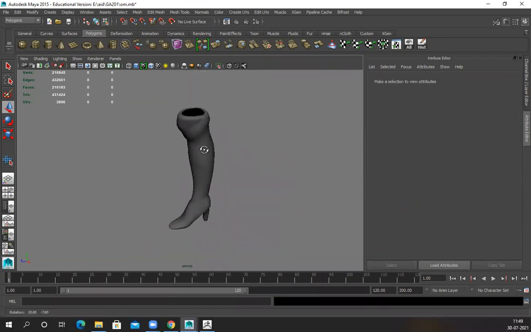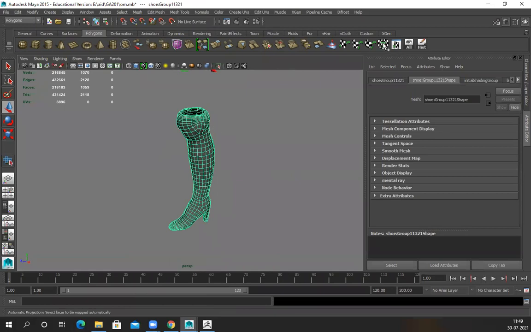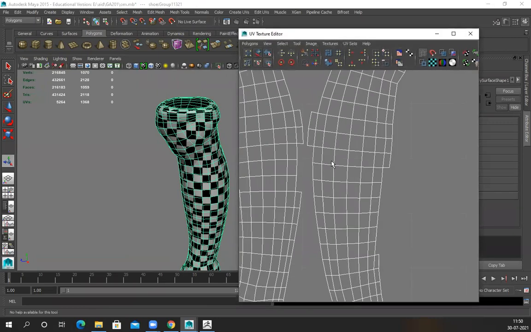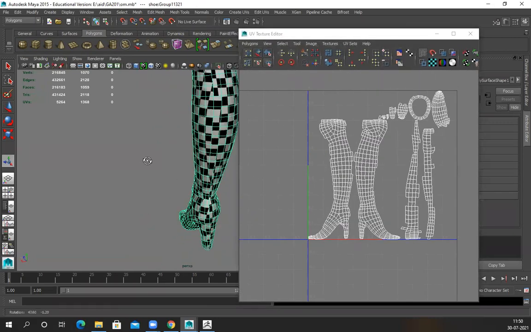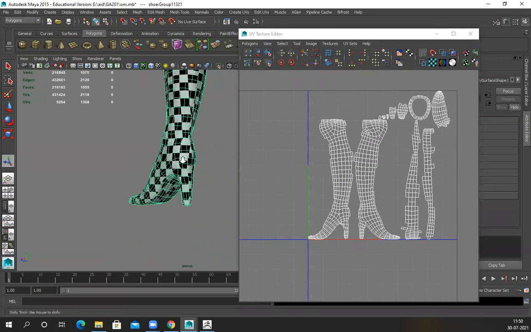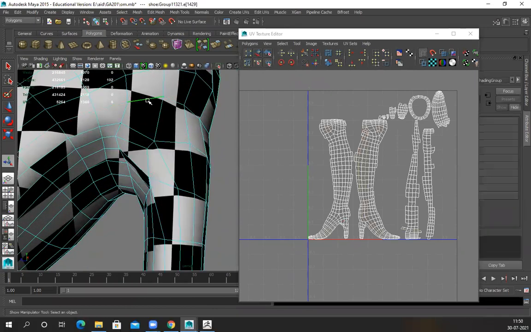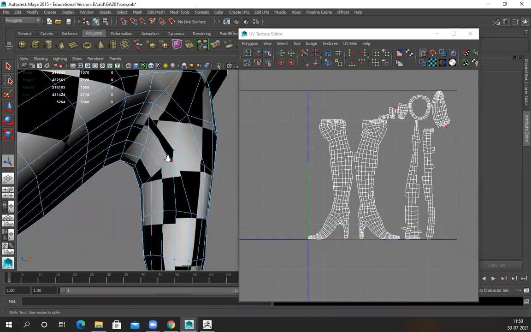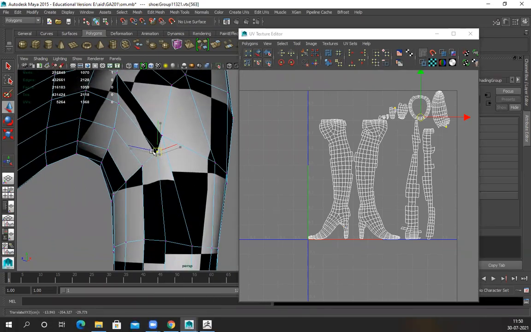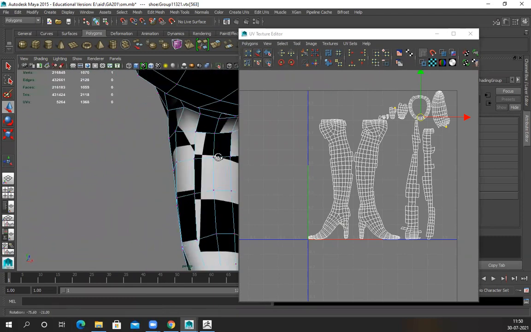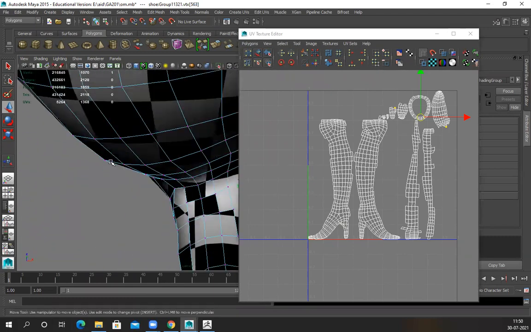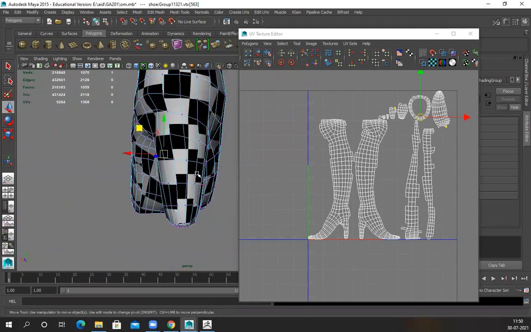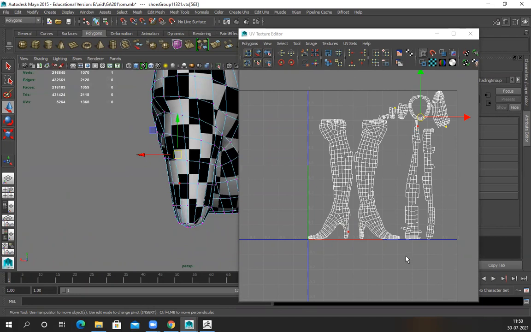Suppose I want to unwrap it. I just applied automatic UV. I need to separate this part. You can see this is not ready to unwrap, so that's why all these problems. Make sure to fix everything. Let's see. You can see this is not a correct loop, so I have to redo at least this area. It should continue and create a circular shape.